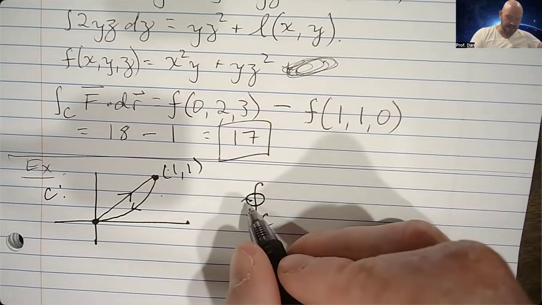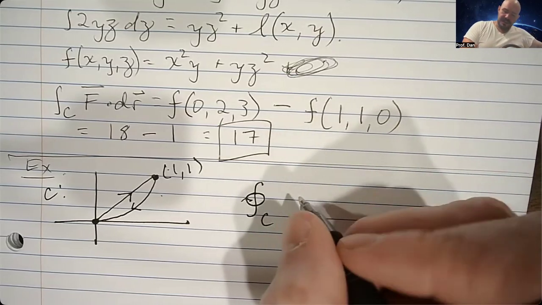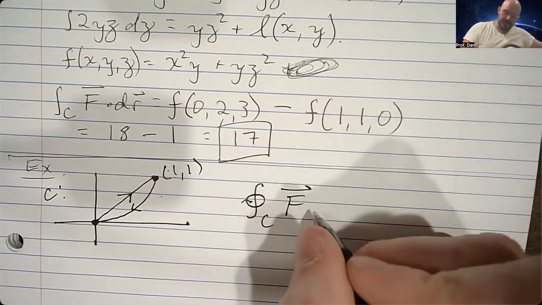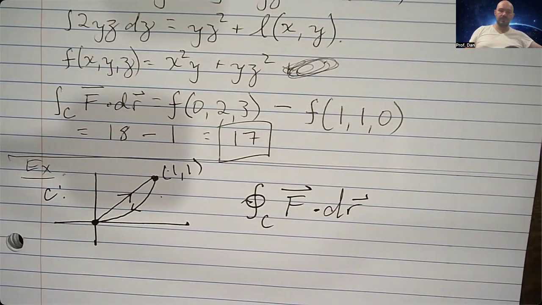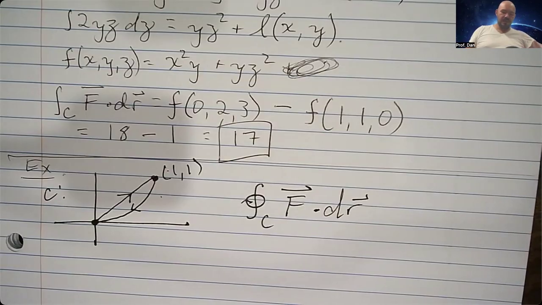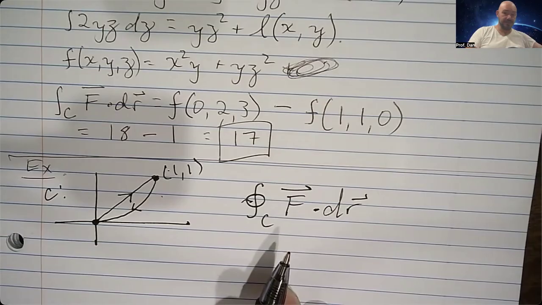The arrow just tells you what direction you're moving in. If I take the integral of this with whatever force field dot dr, if f is a conservative vector field,